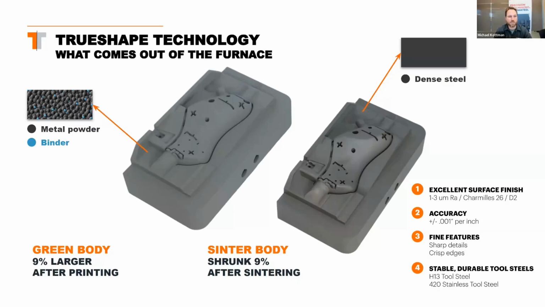And today we have H13 tool steel, which is a workhorse for many types of molding and forming, as well as 420 stainless, which is used a lot more for corrosion resistance and applications where there's concern about impurities, like